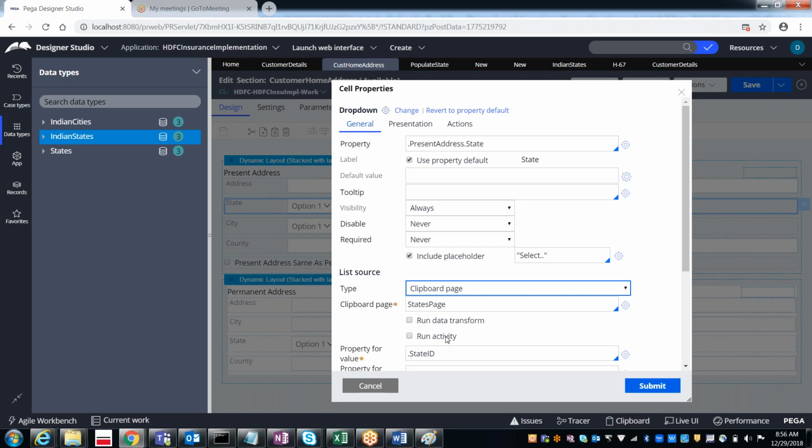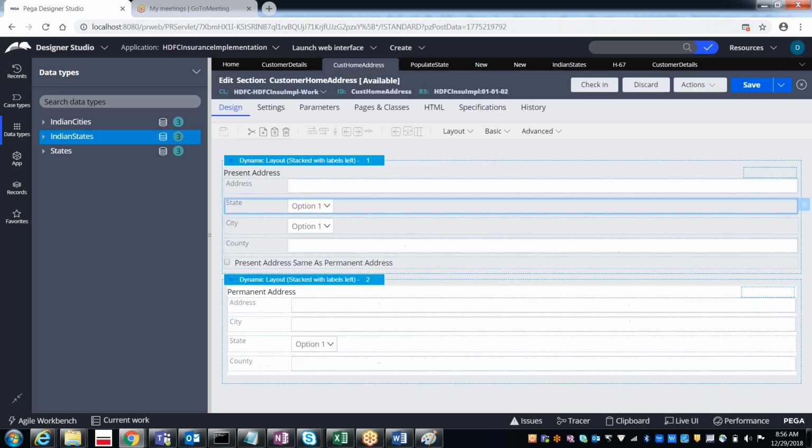So that is the reason why we used populate states. From the populate state activity, we populated the states page. From the states page, it is populating to this drop down. But when you use the report definition, is it required to use the populate states again?